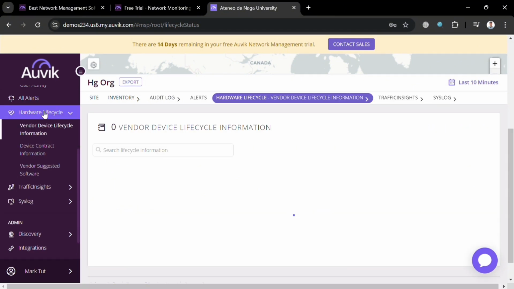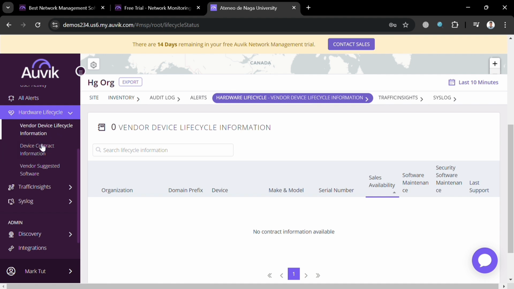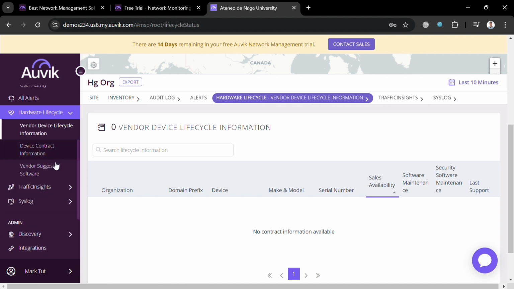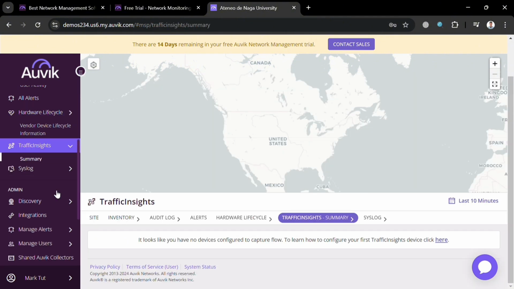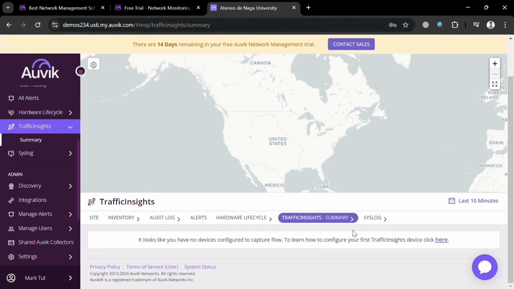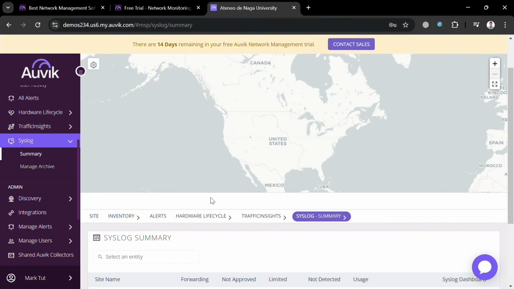While under this hardware lifecycle, it will help organizations manage network hardware from acquisition through to disposal. While under this traffic insights, it is a powerful feature designed to enhance visibility into network traffic, enabling IT professionals to analyze and manage data flows effectively. Moving on to this syslog option, it is designed to centralize and streamline the management of log data from various